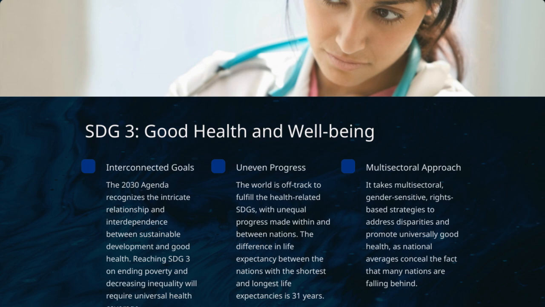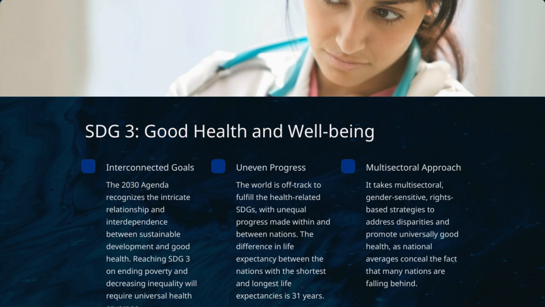This brings us to the interconnectedness of these goals. The 2030 Agenda emphasizes that sustainable development and good health are deeply linked. To reach SDG 3, which is about good health and well-being, we need to also focus on ending poverty and reducing inequality. Achieving universal health coverage is key to making these connections happen. So, in summary, addressing these disparities requires a comprehensive, inclusive approach that recognizes how all these factors are intertwined. It's about creating a world where everyone has a fair chance at good health, no matter where they are or